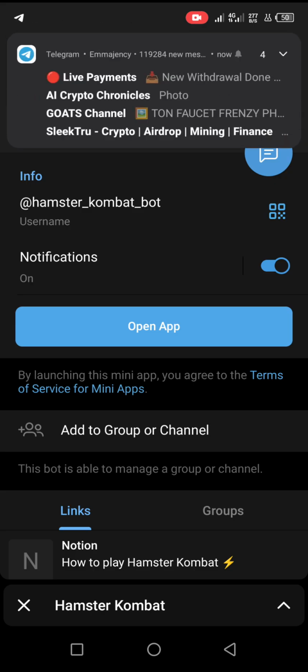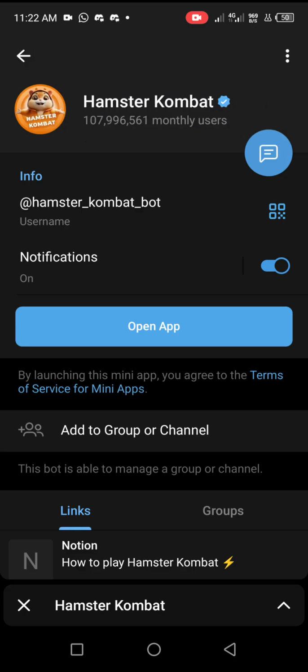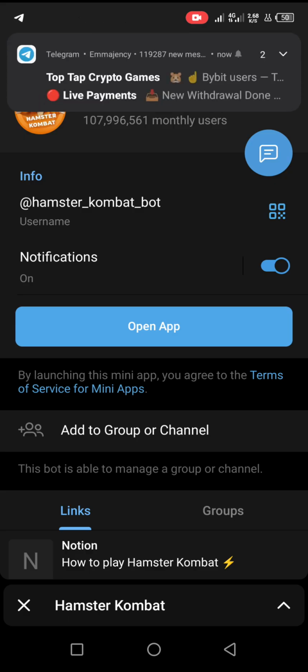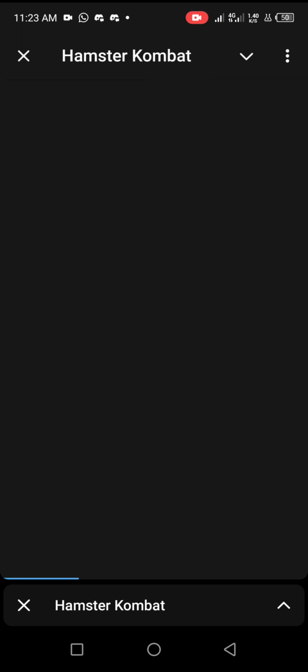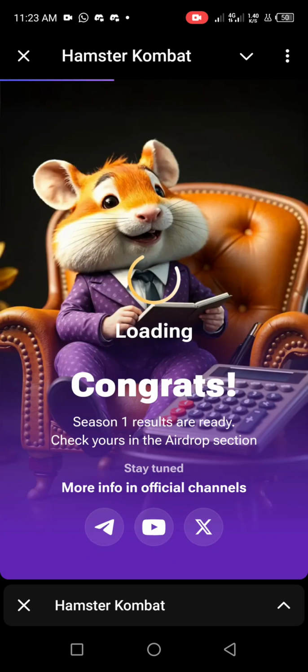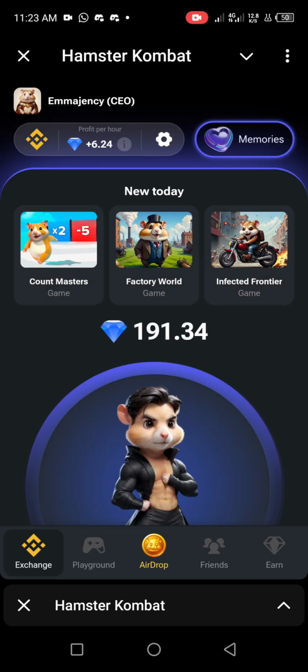So now I'll be teaching you guys how to check on your Bybit exchange, for those that connected with their Bybit account. I want to show you how to check for your Hamster Combat token in your Bybit exchange app. So let's first of all go to our Hamster Combat account. I'll be opening my Hamster Combat. I'll click on open app